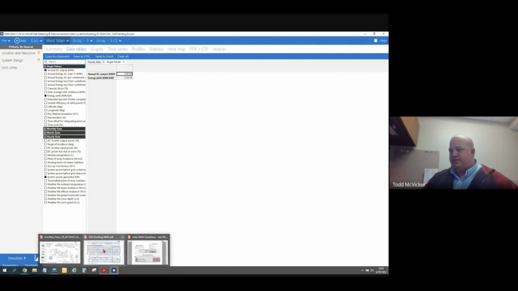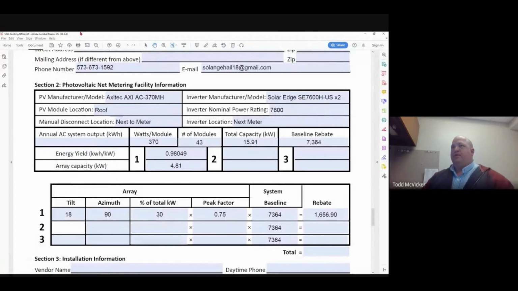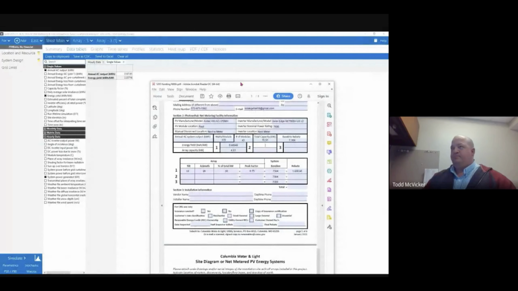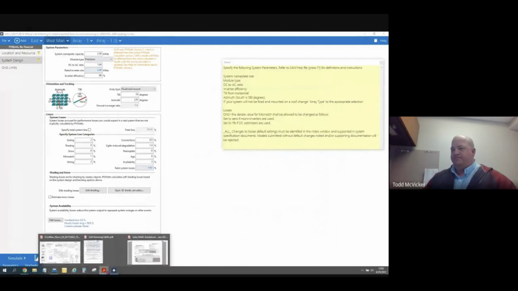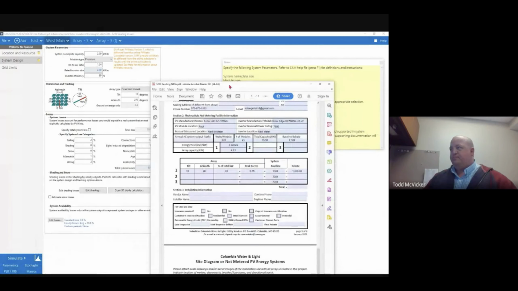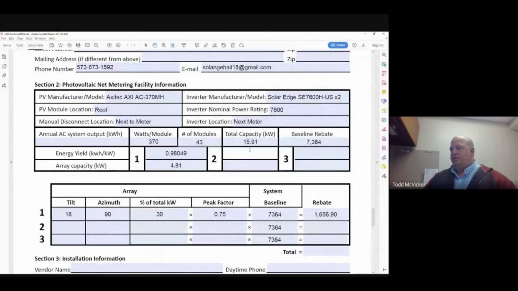Okay, so going back to filling out the next section of this one. We're looking at array number 2. Let me go back and see how big the system was. It was 2.59. The array capacity was 2.59. The energy yield on this system was